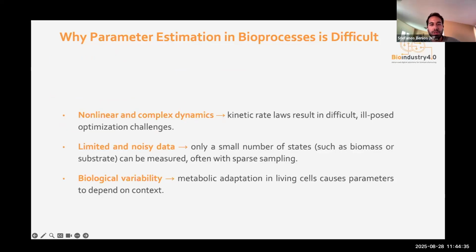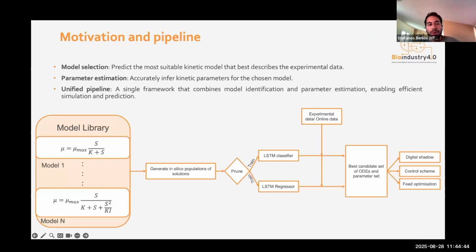It's really difficult because you might have non-linear and complex dynamics, you have noisy data, and also you have metabolic shifts, as I mentioned earlier. To this end, we propose a new framework that tries to do two things at once. First of all, you will have a machine learning model that is able to classify the best kinetic model for your bioprocess, and also another machine learning model that is able to do parameter estimation really